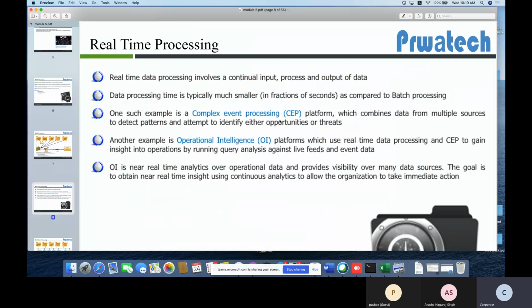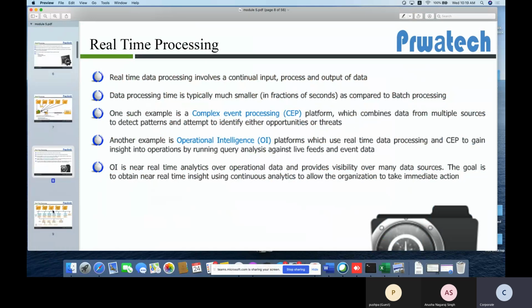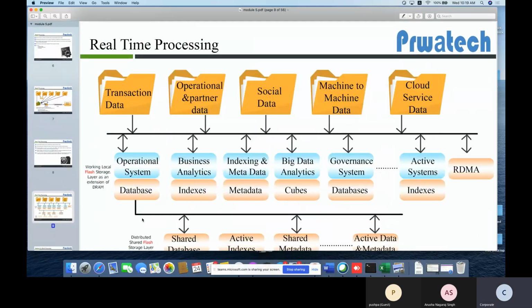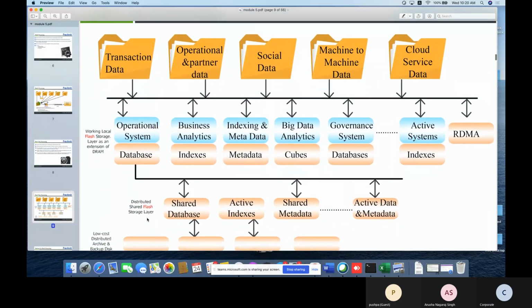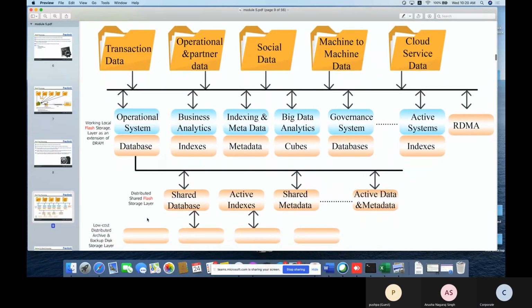So for real time, how are they collecting data, how are they processing data, what are the different ways? See here. Transaction data, operational partner data, social data, machine to machine data, cloud service data. Clear? So they are getting the data. These are the different algorithms and technologies working for real-time processing to get the output.